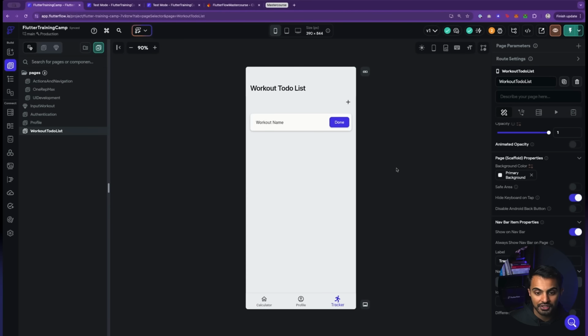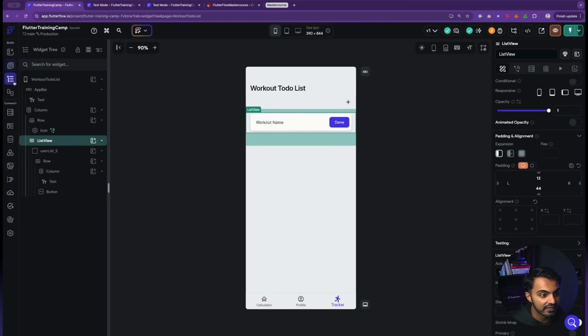Well, the final step now is to get this page to render a list of all the workouts. So the cool thing is that we're already wrapped here in a list view. And a list view is a special component by FlutterFlow that allows you to connect it to a collection, or you can query a collection, which means to search a collection, and render items in a list based on how many items come back in that collection.